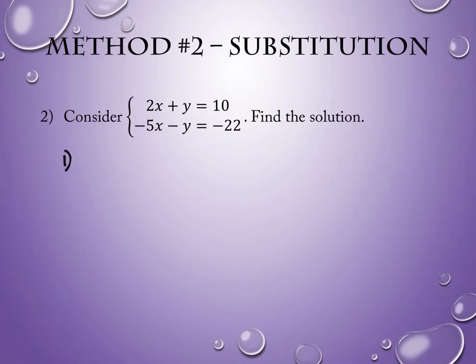So the first step is to take an equation. I'm going to take the first equation and solve it for one of the variables. So if I solve the first equation for y, this is y is equal to negative 2x plus 10. You guys recognize this is the same equations that we just did, right? So our expectation is we'll get the same answer. So that's step 1. Solve one equation for one variable. Step 2 is to take the second equation, whichever one you haven't manipulated at this point,